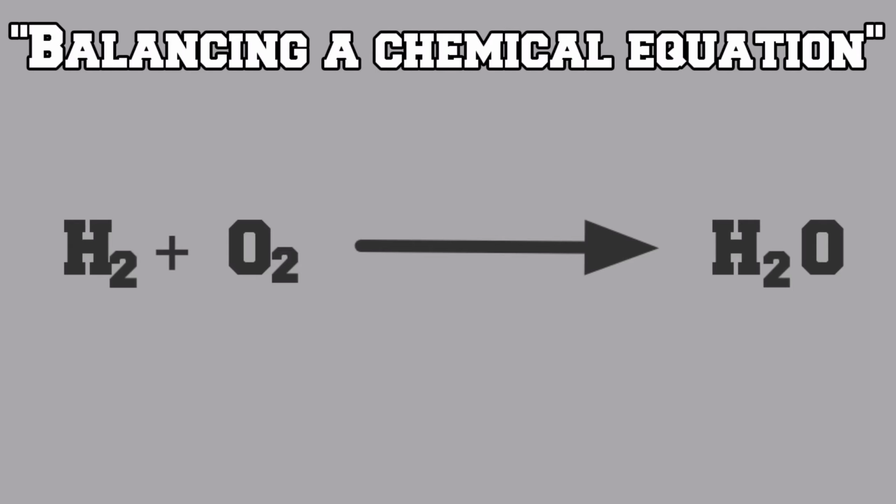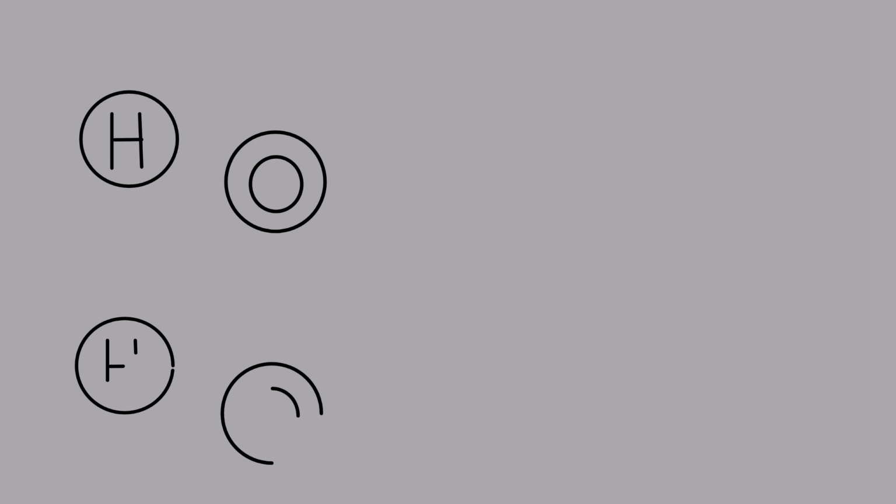Now we will have a look at another example where hydrogen gas reacts with oxygen gas to form water. But this is unbalanced since on the LHS there are 2 atoms of oxygen while on the RHS there is only 1 atom of oxygen. But before balancing this equation, we will have to know what happens during the chemical reaction. So during the chemical reaction, 2 atoms of hydrogen react with 1 atom of oxygen to form 1 molecule